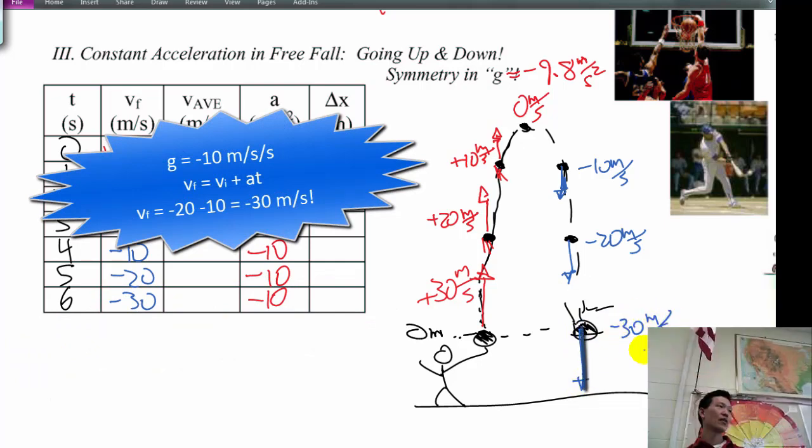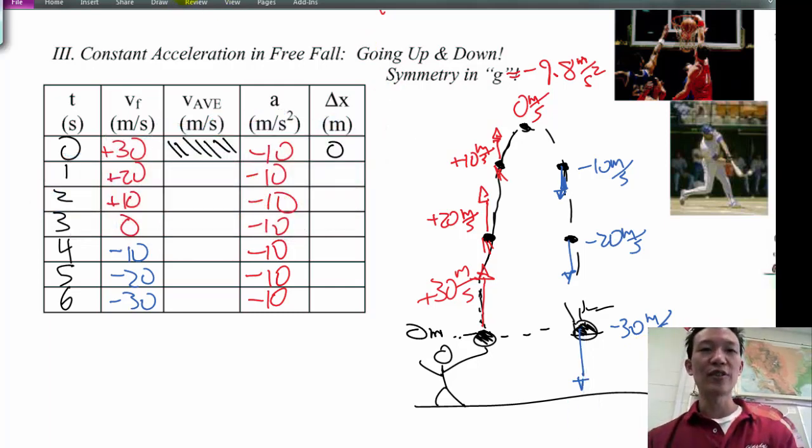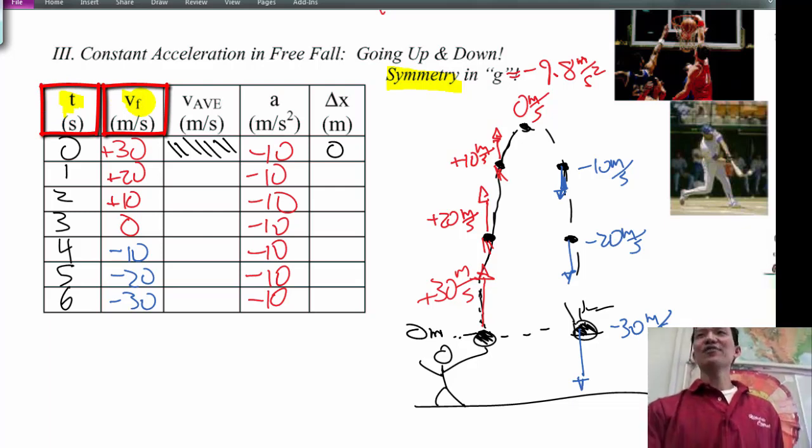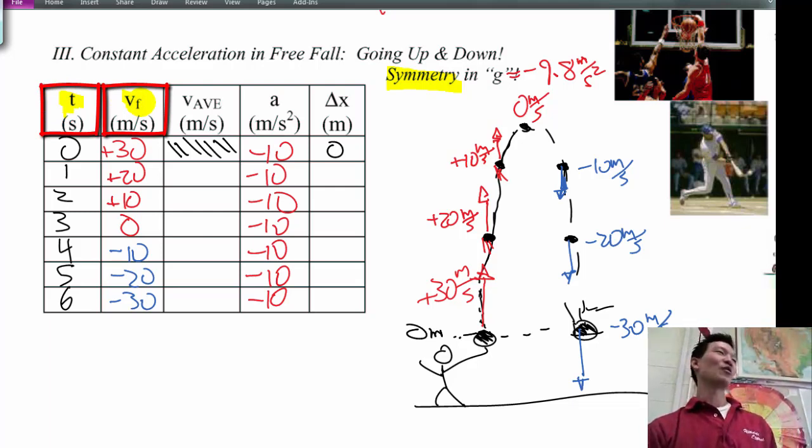You see that? You're like, I don't get this. This is annoying. We're just doing a bunch of silly numbers and weird math. That's because there's a little pattern that'll make your life easier. That's what we're looking at in terms of this fancy thing called symmetry, which we'll break down for you in a second. Now, it's one thing to say how long something is in the air for, how fast it's moving at the end of accelerating at the rate of negative 10 meters per second every second.